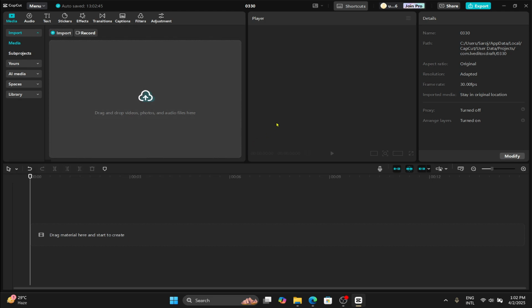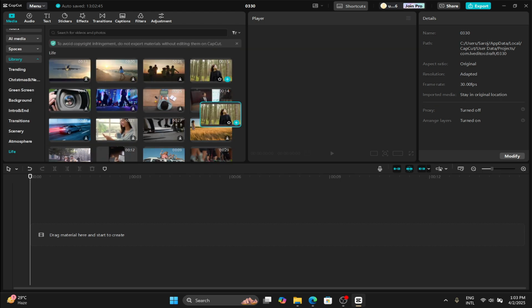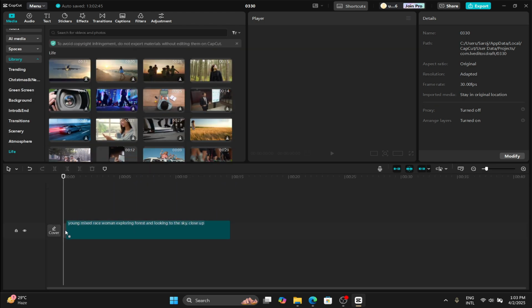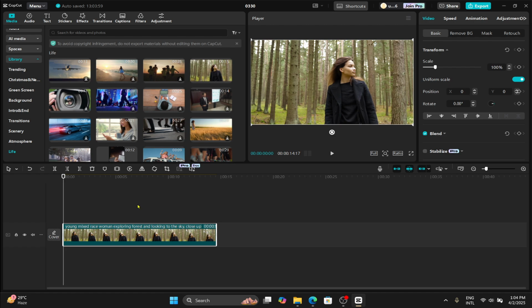First of all, open up the CapCut application, and now you can import your media from the import button. I'm going to use a stock video for this example. Just drag your video onto your timeline, and now in order to speed up this video, make sure that it